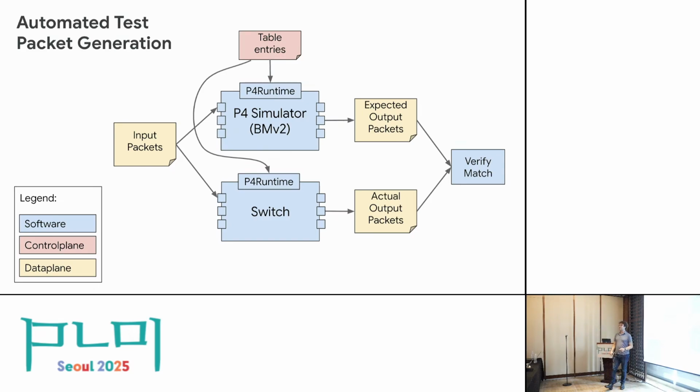Now there's a key question you should have here. How do you get input packets that are interesting? Let's say I only send to 0.0.0.0. Now, like, yes, I mean, that would be correct in the switch probably, but it wouldn't really tell me much about the traffic that I actually care about.